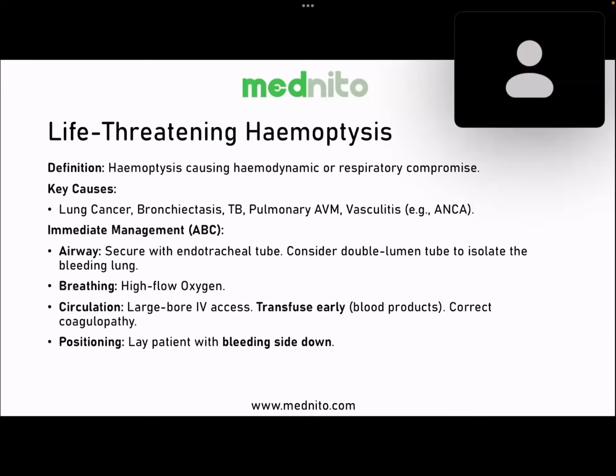All right. Next, we talk about life-threatening hemoptysis. Again, if it is life-threatening hemoptysis, first most important thing is you will have to make sure that the patient's blood pressure is not falling. That's one thing you will have to think of. All right. Whenever there is hemoptysis, if it is a young patient, the trauma is one most important. If it is a child, obstructed foreign body is one most important. If it is an elderly patient with weight loss, history of smoking, it is tumor. If the patient is traveling to tropical countries, India, Africa, Pakistan, it is tuberculosis. If the patient has got a family history and bleeding mucosal ulcers, I will have to think of arteriovenous malformations.